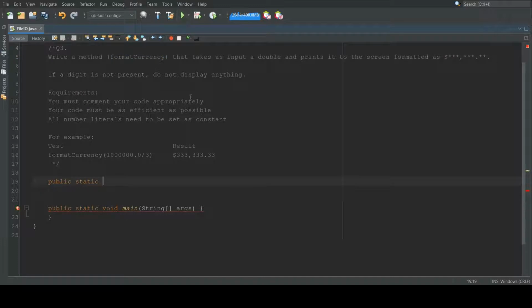But before that, notice the question doesn't use the word return anywhere. If the question doesn't mention anything about return and it's for a method, then you're supposed to write void. If it mentions anything about return, for example, write a method that does so and so and returns something, in that case, whatever is the return type that is referred in the question, you need to use that. For example, if you're returning a number, use int. If you're returning true or false, use boolean. So according to whatever needs to be returned. But in this case, there is no mention of the word return. So that's why